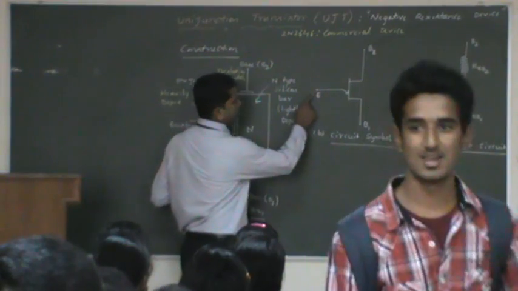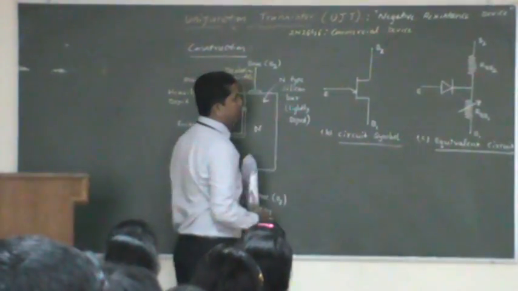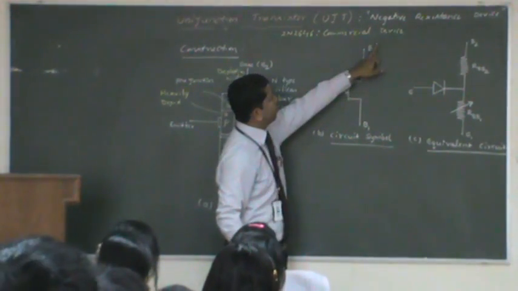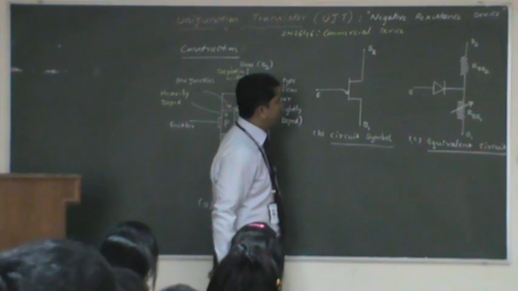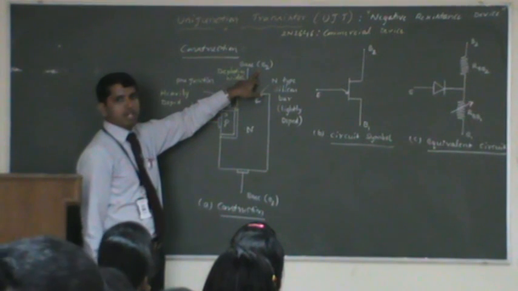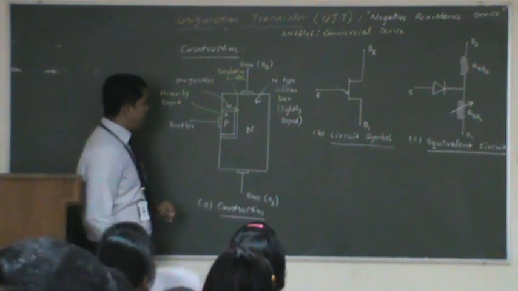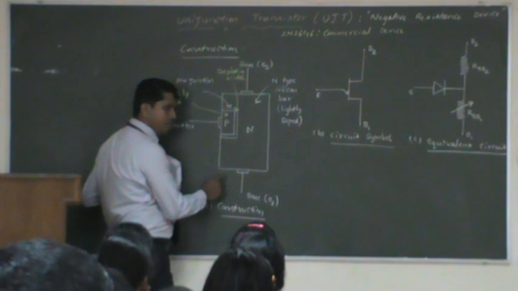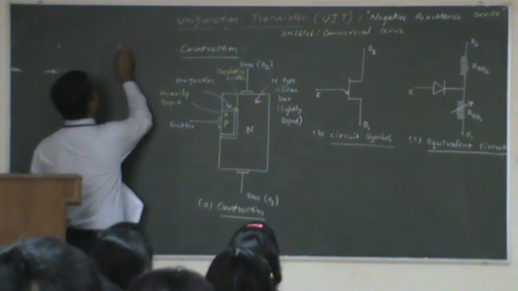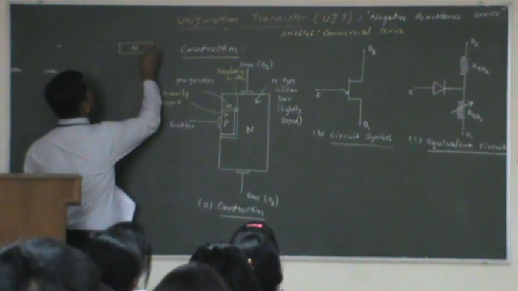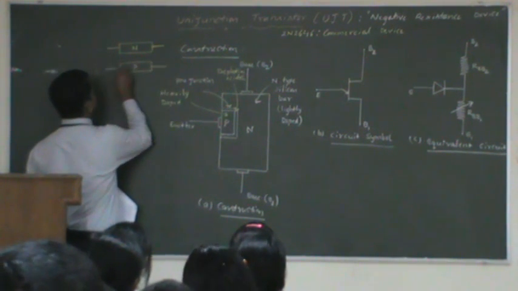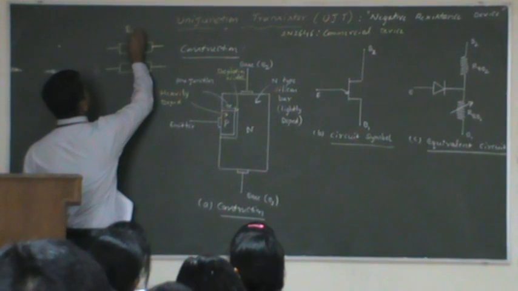Normally we apply voltage between the emitter and base. Whatever control we have here is the one which controls the current movement from base B2 to base B1 terminals. This device has two bases. One is labeled base B1, another one is labeled base B2. And again here, this channel, as we already studied, any N-type semiconductor or P-type semiconductor acts like a resistor. If you have a semiconductor block like this, purely N-type, and you connect two terminals to it, or a semiconductor of P-type, these two elements behave like a resistor.